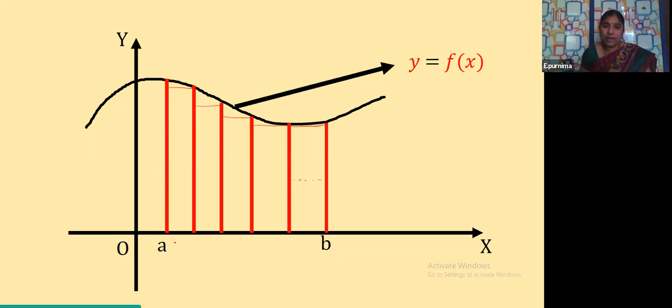let us take it as dx1, meaning the first part. This length I am taking, it is considered as dx1. See children, it can be taken as delta x1 also. It can be taken as a small value of x, small part of x. Clear? And here it is dx2, it is dx3, it is dx4, and so on. It goes on continuing until dxn. See that the whole division is done within the interval a and b only.